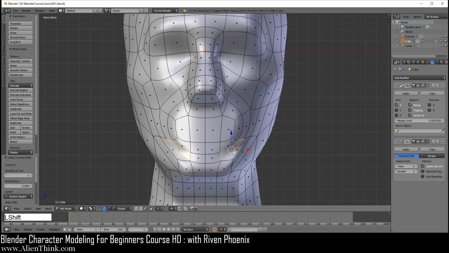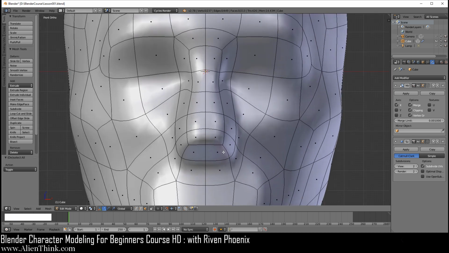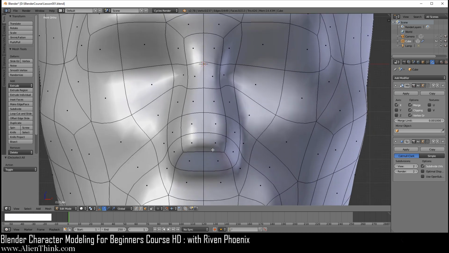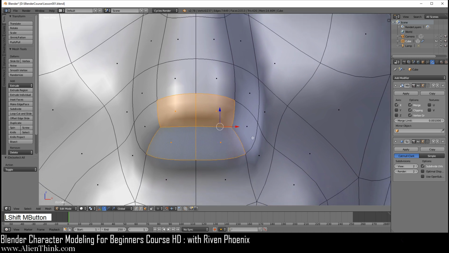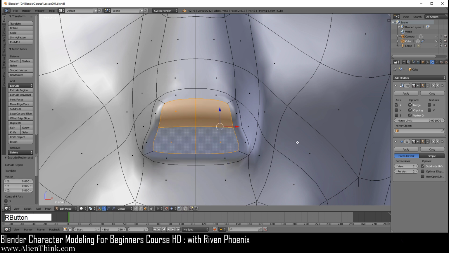So now if we select these 2 guys, we do A like this, you can see that we simply just put it back to the way it was, but we still get to keep our edge loop over here because this will become the mouth a little later on. Okay. Now we're going to define the realistic nose using the formula system. So go ahead and select on this, and then zoom in just like this. You're going to do E to extrude like this, right click to cancel.